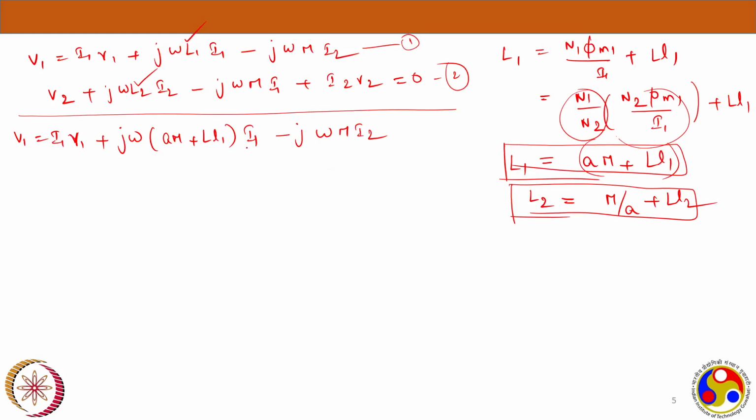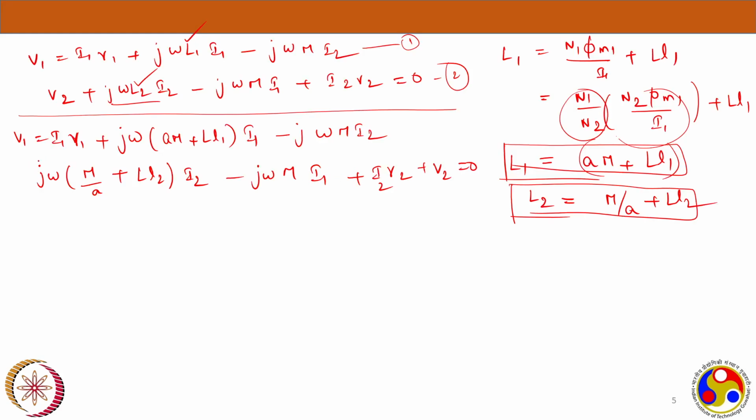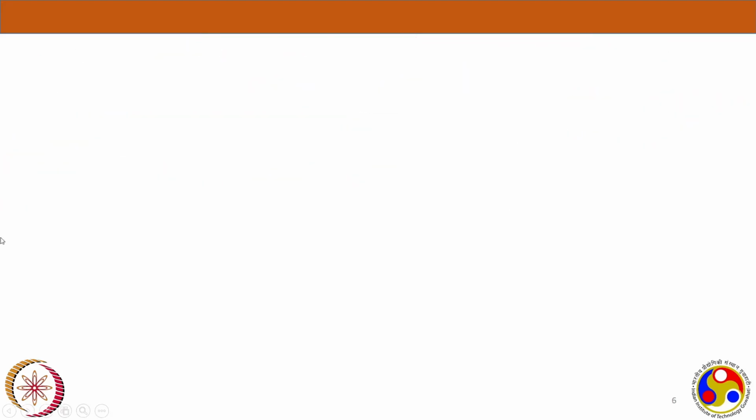Okay, j omega M I2. And if you see the second equation, now I'm taking this term j omega into L2. L2 is M by a plus LL2, into I2 minus j omega M I1 plus I2 R2 plus V2 is equal to 0. Now we will just take common terms, with some algebraic manipulations here and there. We see that this equation will become